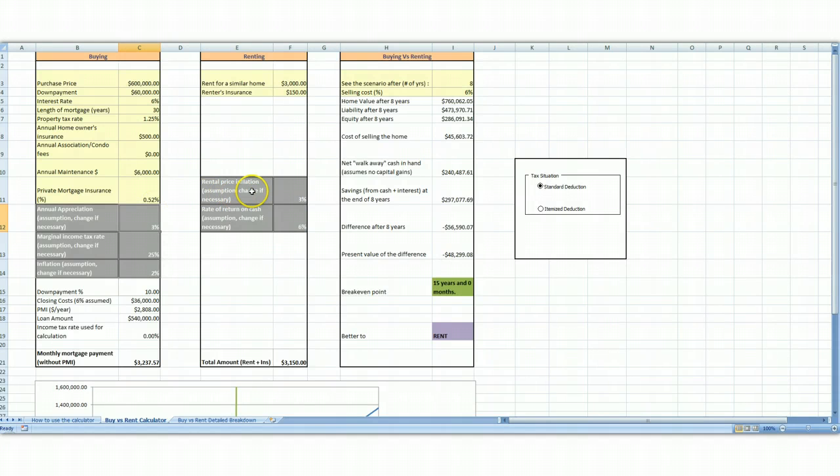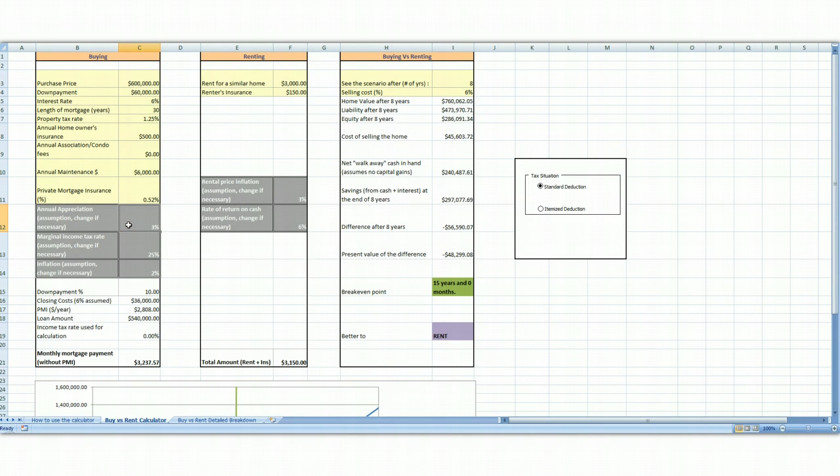And a similar value to the annual appreciation is the rental price inflation. In this case, it is how much the rent is expected to go up. Usually you can have a similar value, it won't be too different. If the house prices are going up, the rent prices might go up too. It might not always be the case, but generally it is good to have these two values